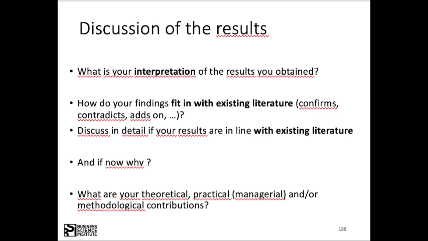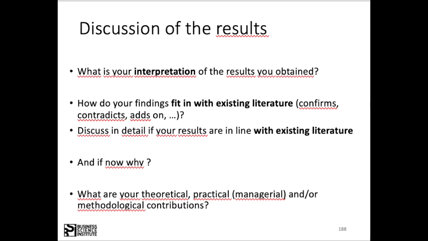After the results comes the discussion in your research. You have tested your hypothesis. Now you come back to your literature review and compare your results to existing research, which we call theoretical contribution. You will discuss your results. The discussion will be, you come back to your literature, so you compare your results in line with existing research to show differences or similarities.